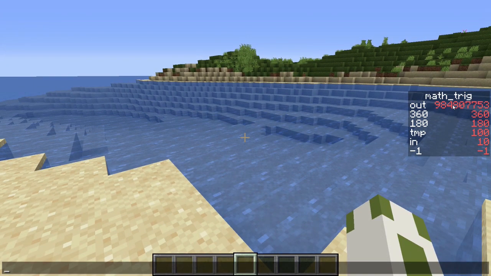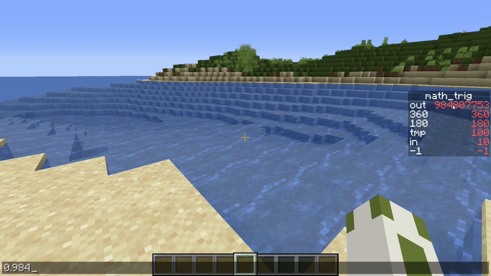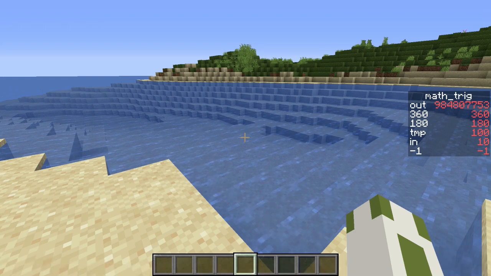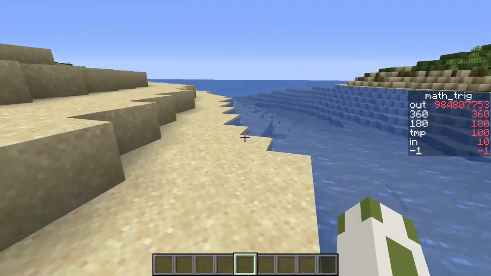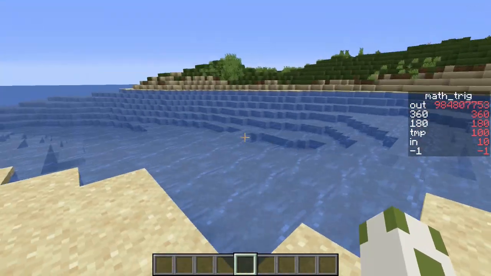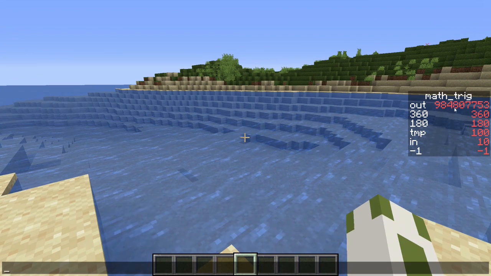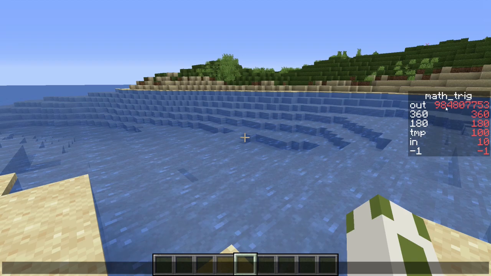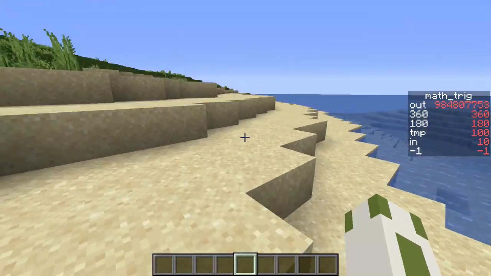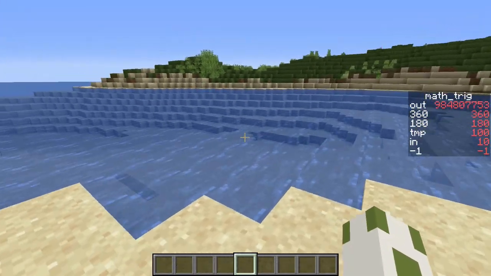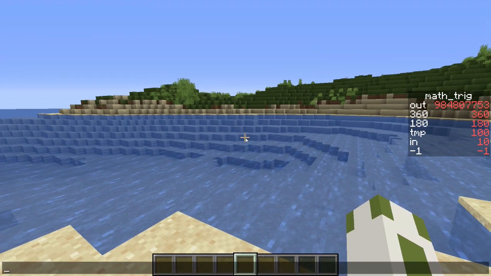This number up here means 0.98480 and so on. If you use this in your own project, you can simply scale down the output value as you like. So you can use the value in your own Datapack and so on. Okay, so to use it,